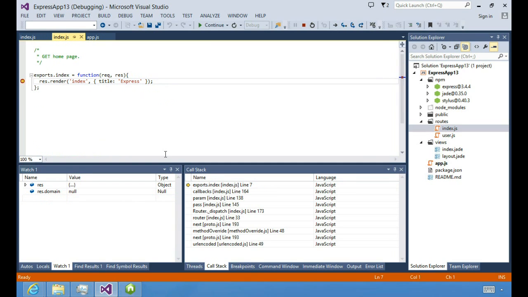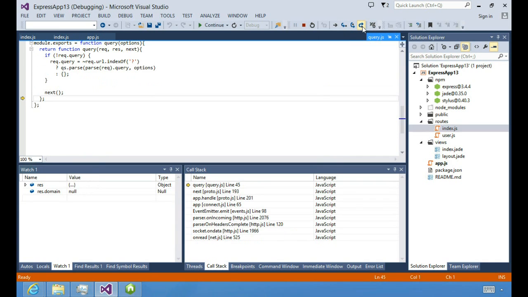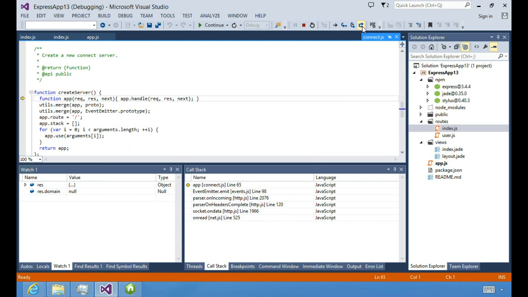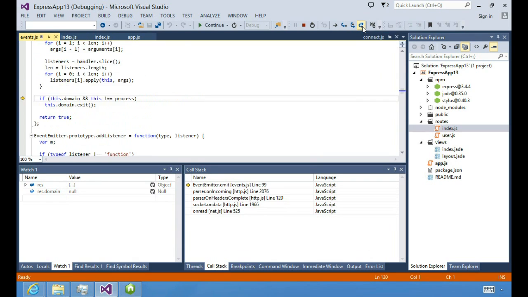From here, I can go ahead, switch back to my function, and you can see I can step into, out, and over. So I'm just going to go ahead and step out and continue stepping out. I can now step over,